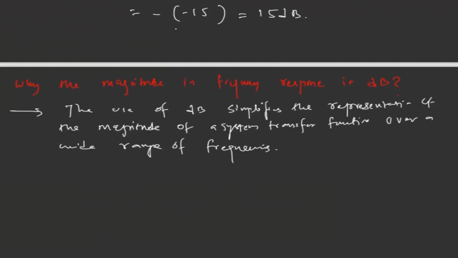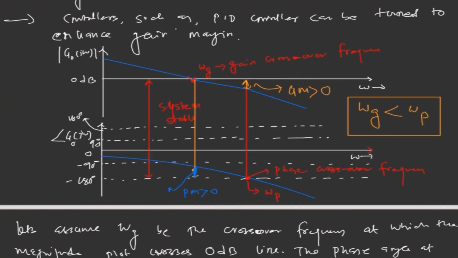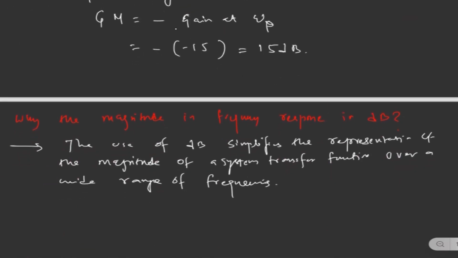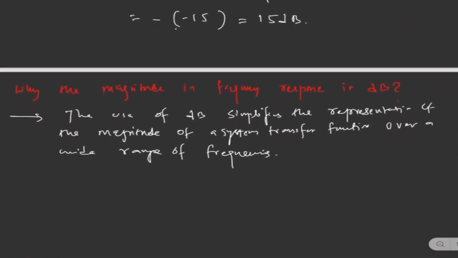It means here basically every 10 times of frequency generally we measure. Suppose this is the 0 dB line, and you are starting from 0, 10, the frequency will vary 0, 10, 100, 1000 like that. So this is how we denote this dB. Over a wide range of frequency, instead of 0, 1, 2, 3, we just take multiples of 10, and we can simplify the problem. And another advantage is in the dB